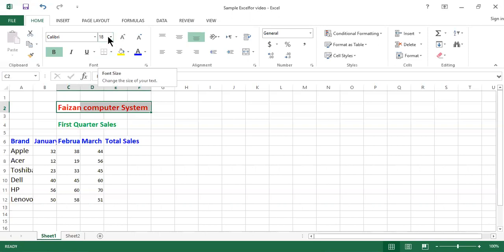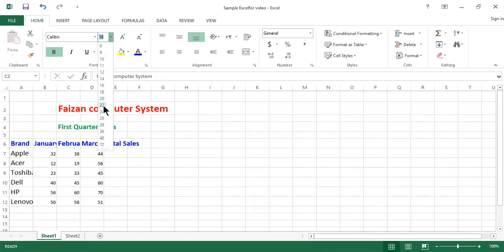So you have to move your mouse pointer toward the home tab, and there is a font window and font size window. So you can increase or decrease the font size. For example, 22. So I increase the font size of the main heading up to 22 points.